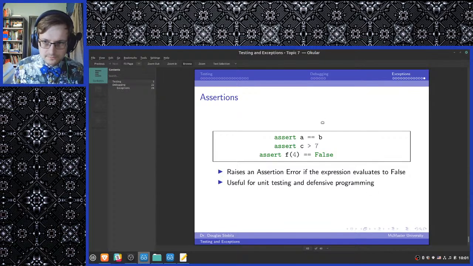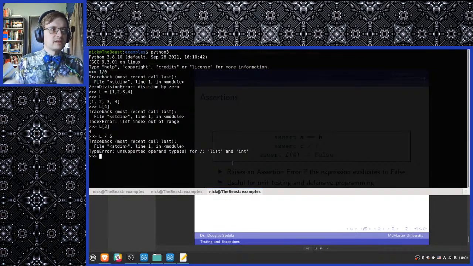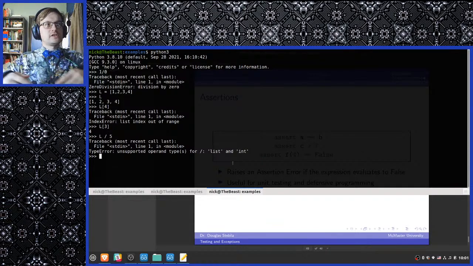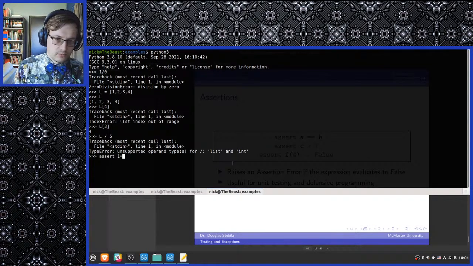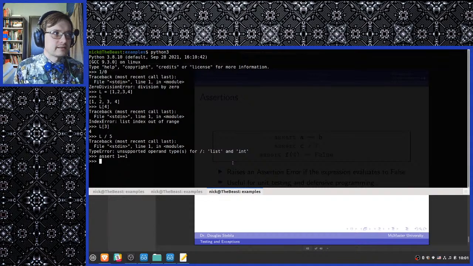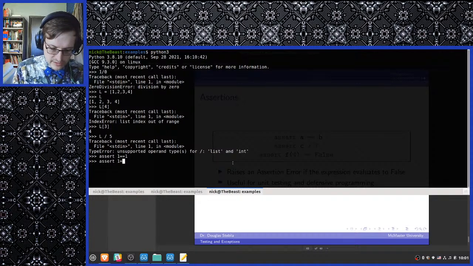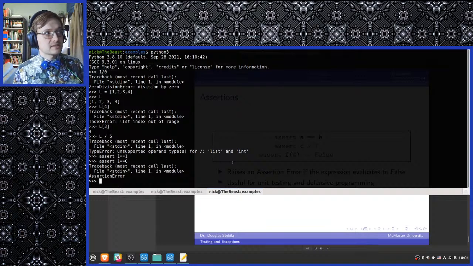Anyway. One last thing, and then we move on to classes. Assertions. We know how to raise an exception by just calling out the exception name, but we can also raise exceptions by just setting a condition. If the condition is true, then no exception is raised, and if the condition is false, then an exception is raised. For example, assert that 1 is equal to 1. This is fine. 1 is equal to 1, so nothing bad happens. However, if you assert that 1 is equal to 0, you get an assertion error.